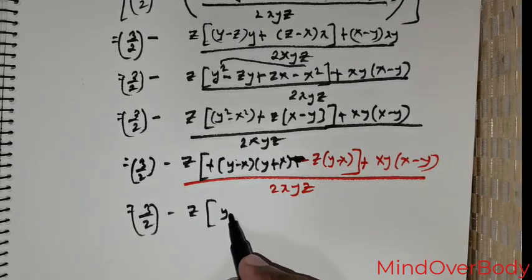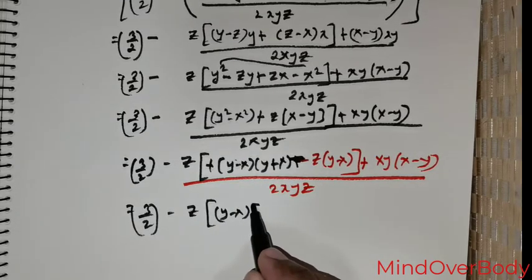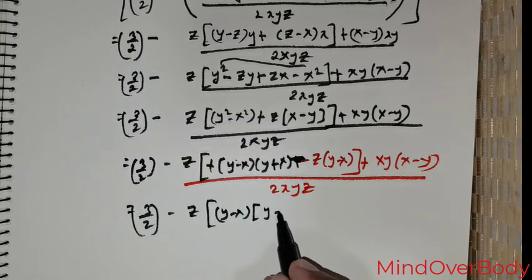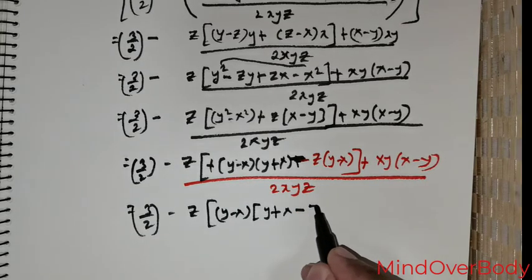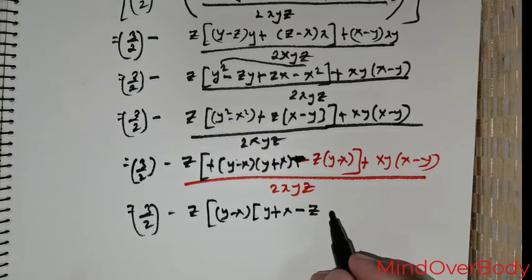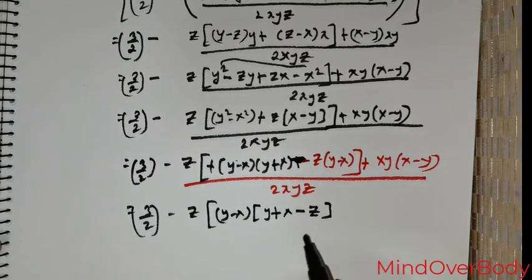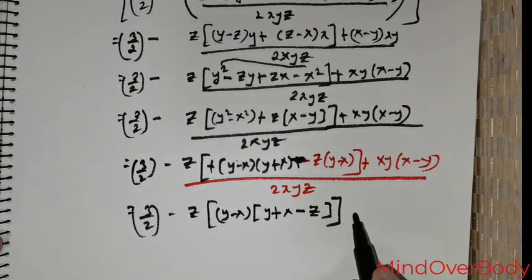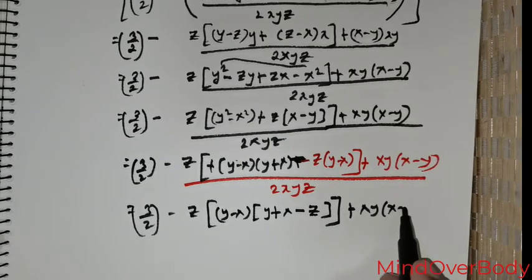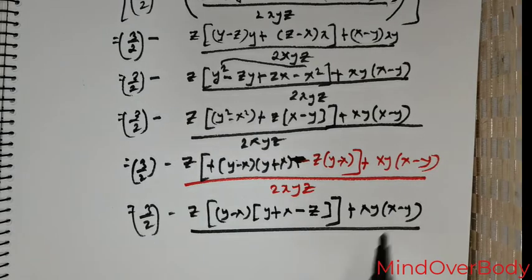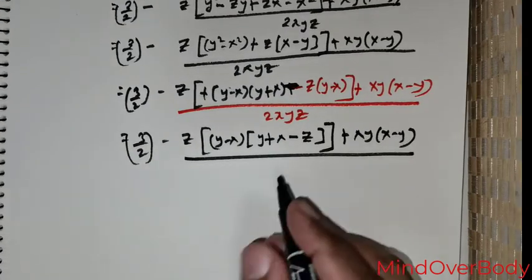So I can take y negative x out, and that would give me y positive x followed by negative z. This is what I've got. Okay, and this is followed by xy times x negative y divided by 2 times